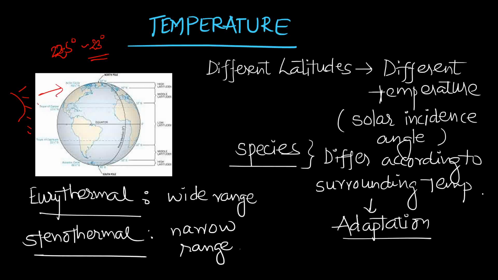the Earth's surface. So varied amounts of sunlight fall on the Earth's surface, and that is how the temperature varies according to the latitude. It is obviously a concept of geography, you must be aware of that. But here's the deal. Different latitudes get different amounts of insolation from the Sun, that is why they have different